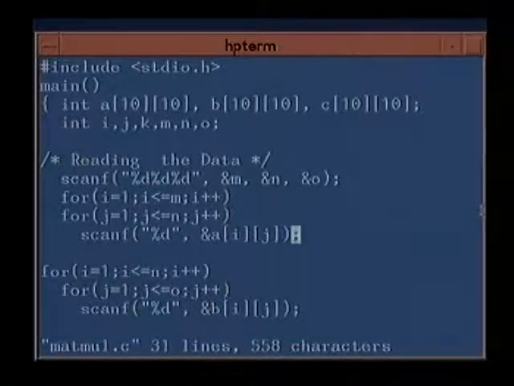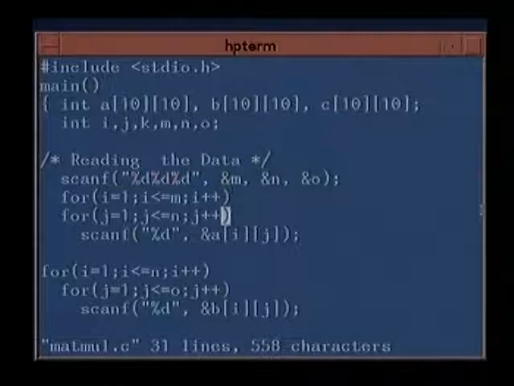Here we have read in the array A in a double loop, I equal to 1, I less than or equal to M, but it would have been appropriate to actually do it from 0 to M minus 1, because if somebody gives you 10 by 10, then you will end up in problems, because these arrays are always going to be declared from 0 to 9.